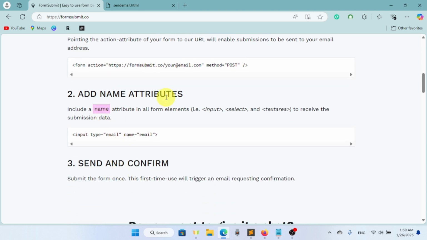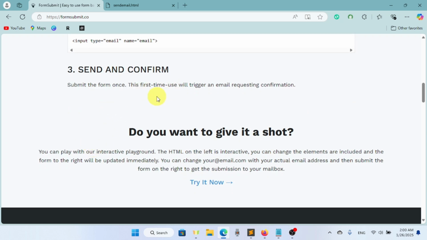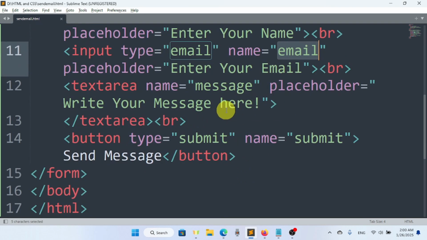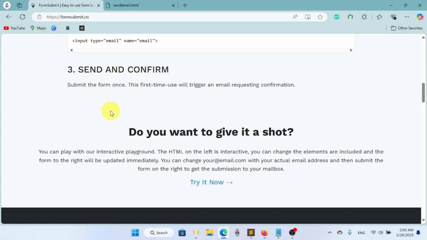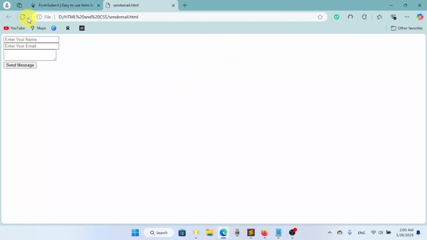And then you can see add name attribute, should be name, for the email, and send confirm. Okay, so we have added name should be name, email should be email, and then our message should be message, and then submit should be submit. Okay, so everything is all right. Now we just have to do it. Okay, now if I refresh it,